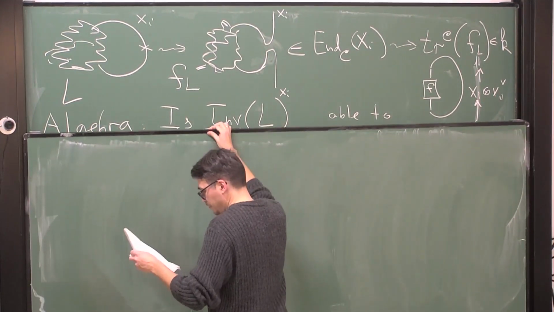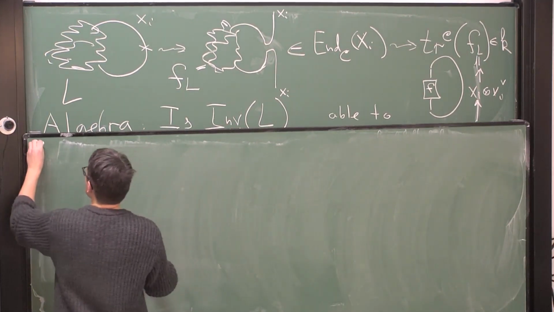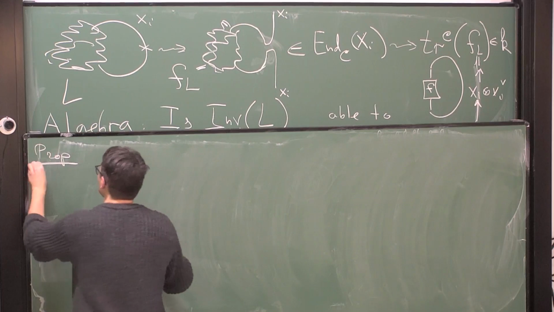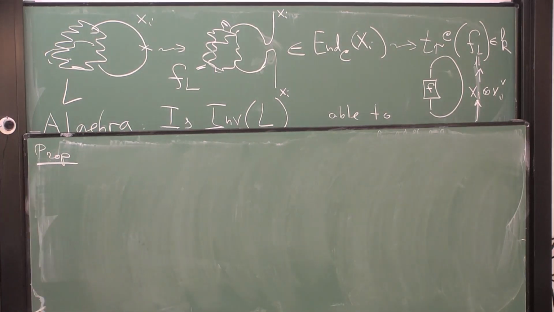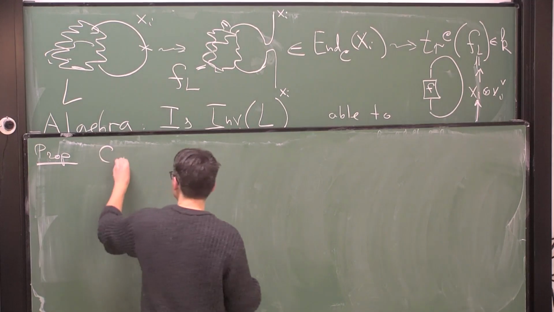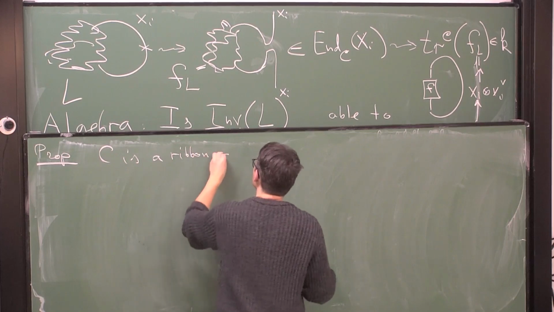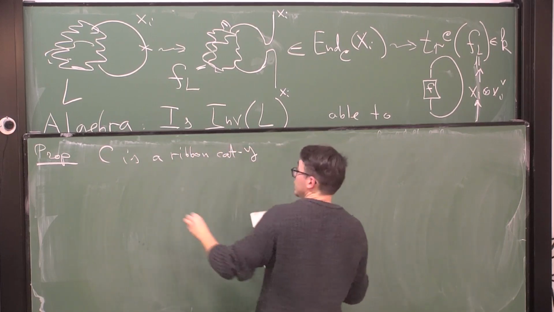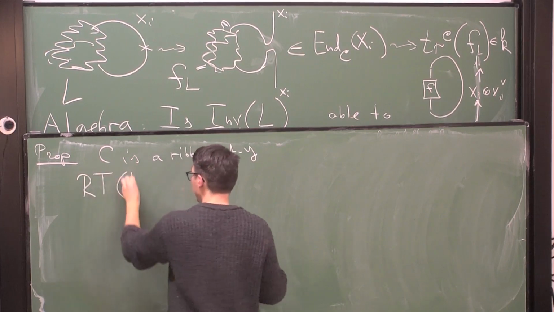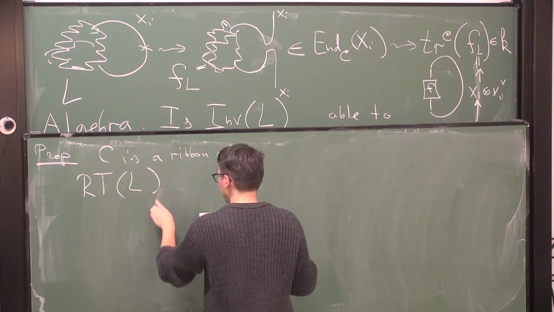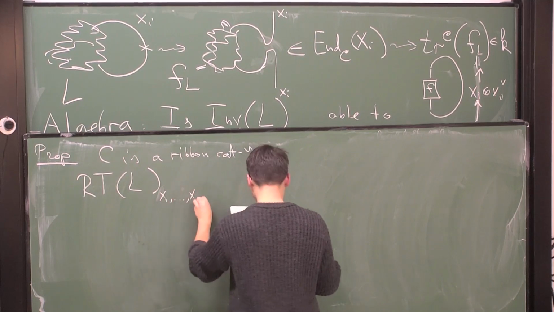Let me write a statement. So, proposition, which was known. I think for ribbon categories it's probably known. I just could not locate it in the literature. And in this paper, we proved much stronger statements. And so the corollary is this: C is a ribbon category. Then a Stick-and-Drive invariant of link L with any objects x1, ..., xn